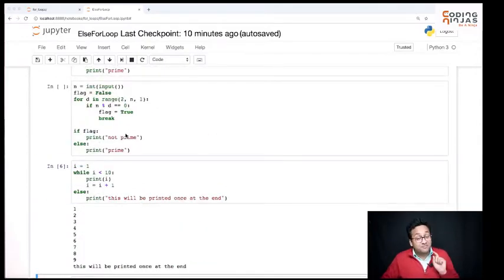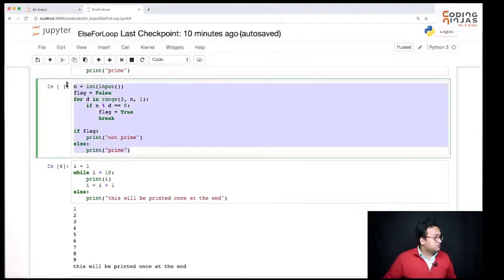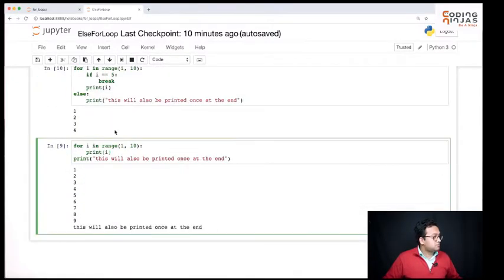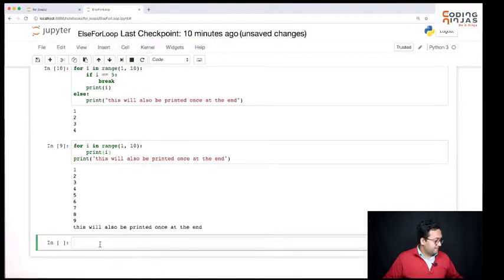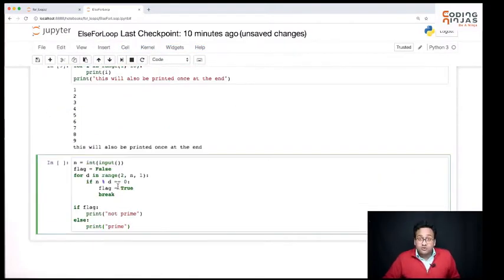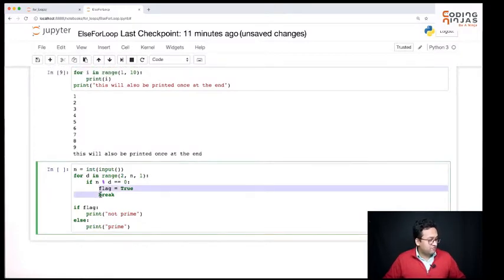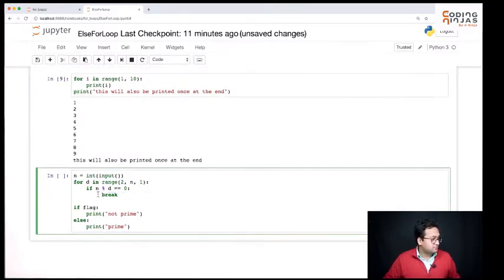I think we can improve our prime code. First we had the prime code, then we improved it by using break statement. Now I think we can improve it further by using else. Okay? So let me just copy this code. Perfect. Now, one thing that I don't like about this code is this flag thing, right? It's a little dirty, it's a little complicated. So I don't want to use a flag. So what you can do here is, you can put an else.